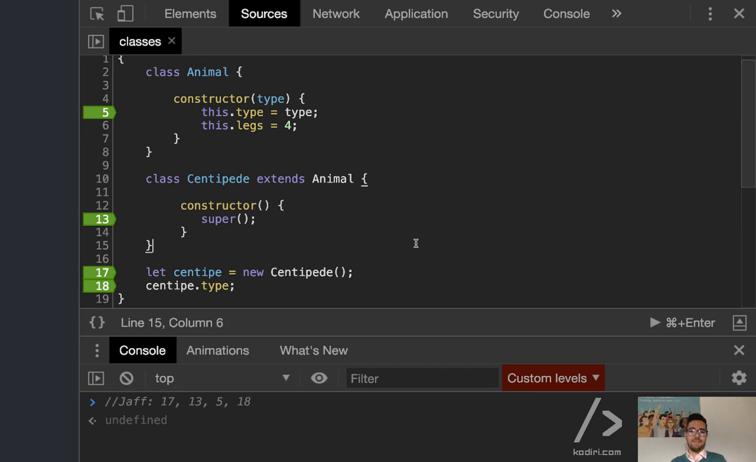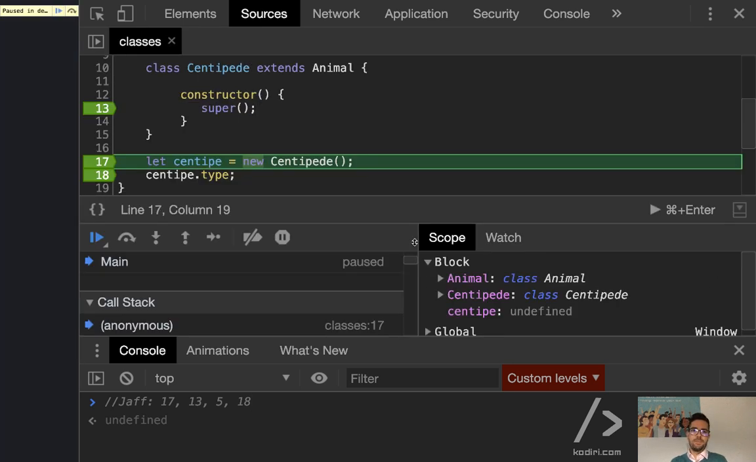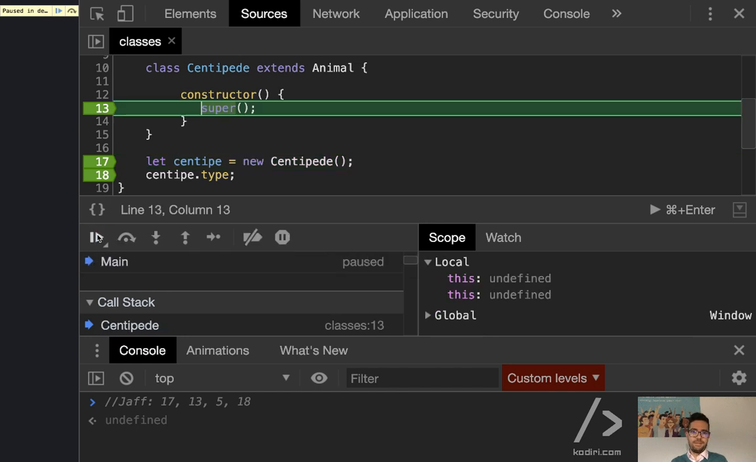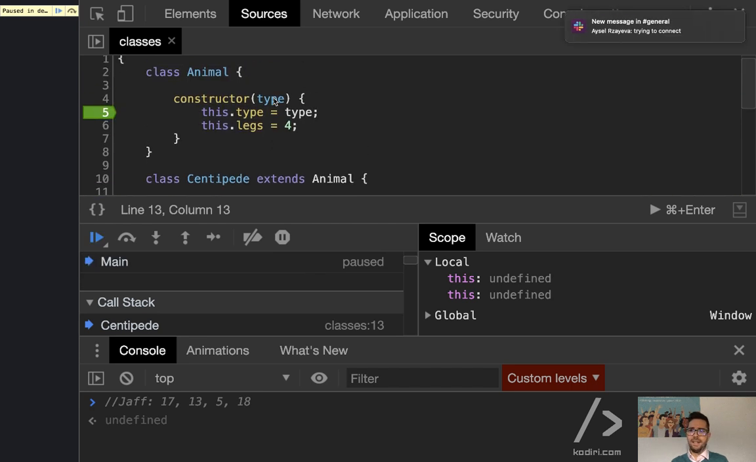That looks promising. Let's have a look. 17, correct. 13, correct. Then